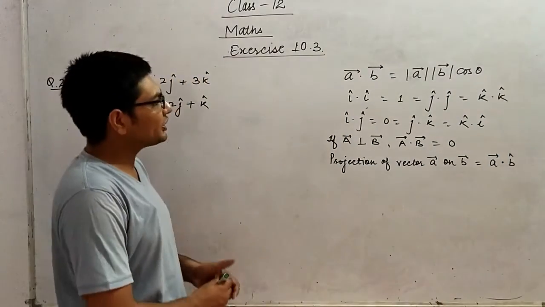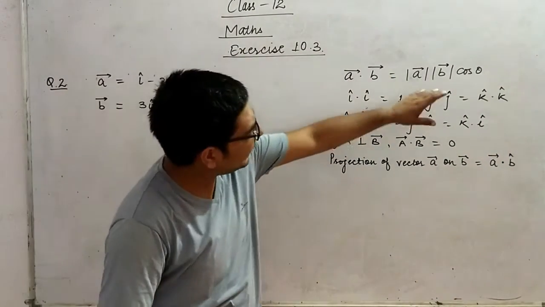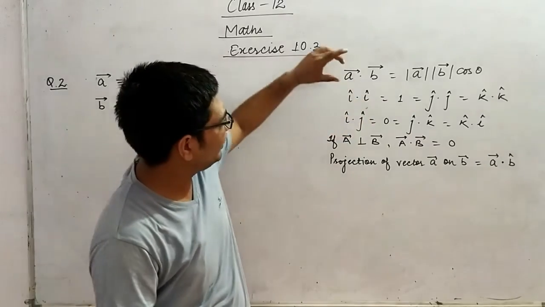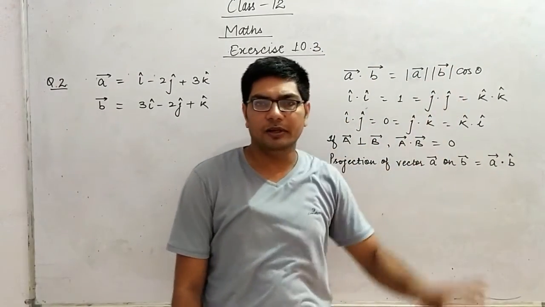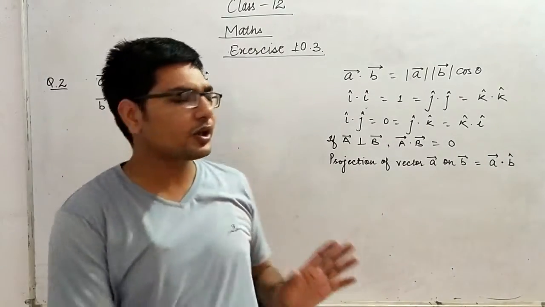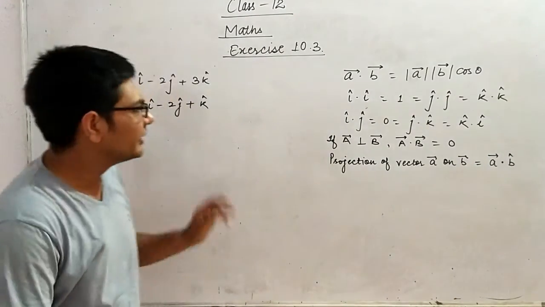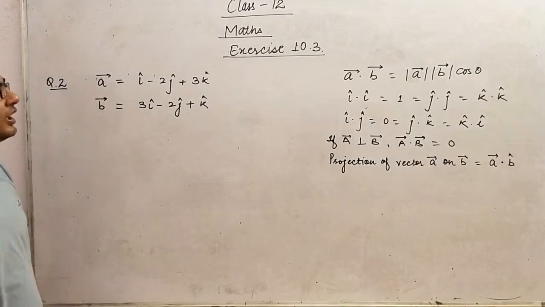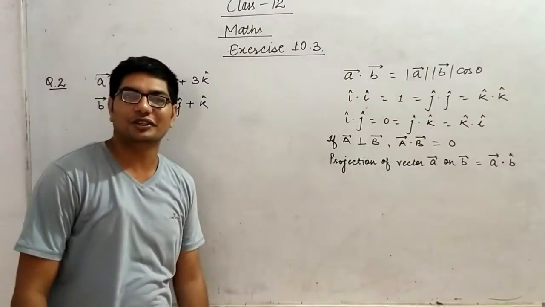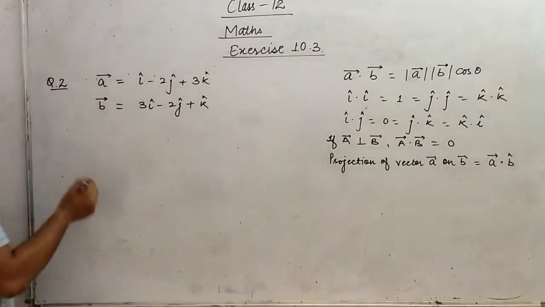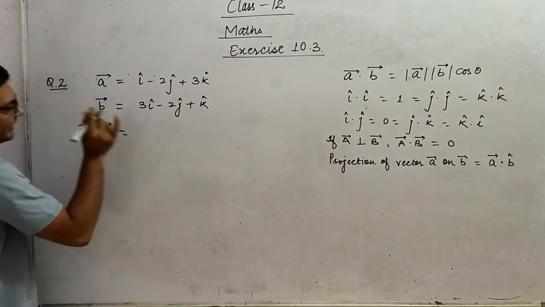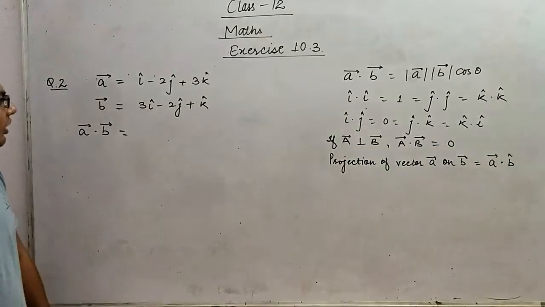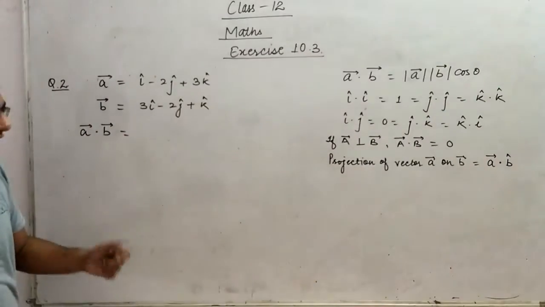Okay, now we need to find the angle between them. From that very first formula for finding the angle between two vectors, we need a dot b, the magnitude of a, and the magnitude of b. Directly, all these quantities are not given in the question, but indirectly they are. How? Let us see. Can we calculate a dot b from here? Your answer must be, yes sir, we can. How? Just multiply the respective components.